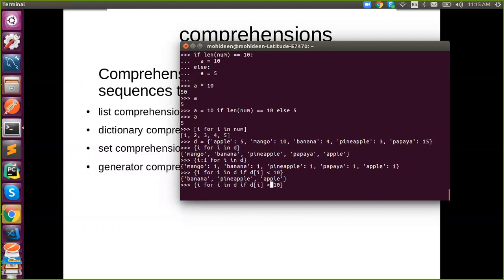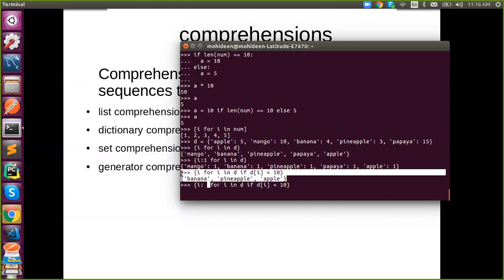If you want to count as well, what do you have to say? I colon what? So this is an example for set, and this is an example for dictionary. So I colon, what do you have to say?